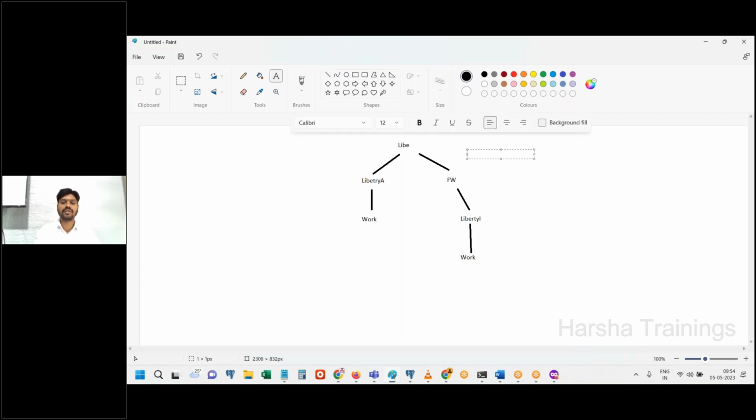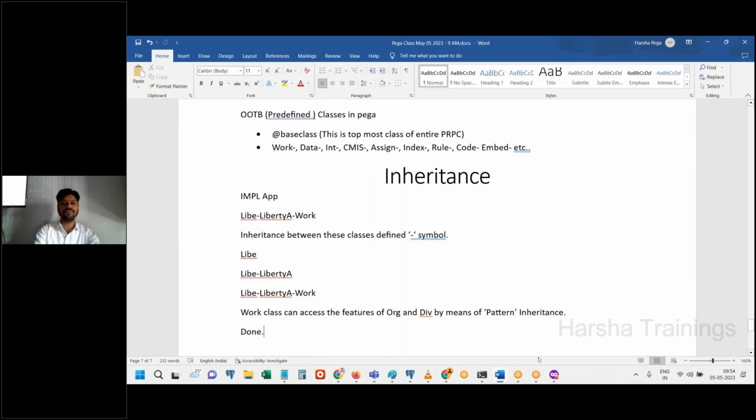I will ask you one question based on this diagram. So now I have pattern inheritance of